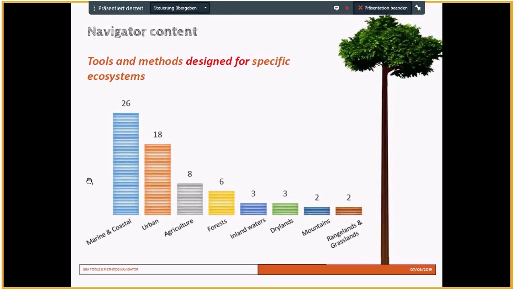And we also found that most tools are quite general, so they could be applicable to a range of ecosystem types and contexts. So you see here that most of the tools we found were made for marine or coastal areas, urban or agriculture, and that very few entries in the database are designed for specific ecosystem types like rangelands and grasslands or mountains.